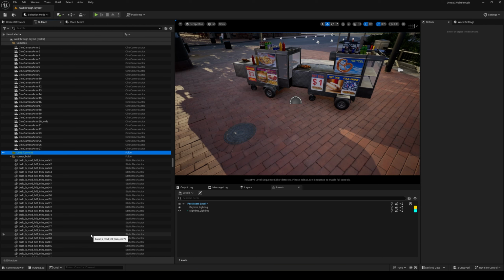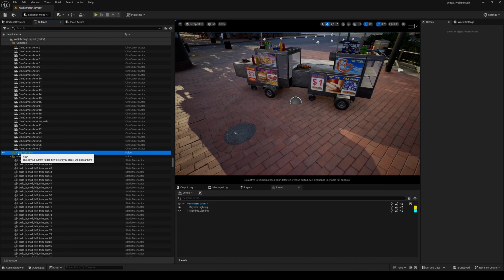So while one person is working on one part of a map, another person can be working on another one, and they're separate files, and you can load both of them at the same time and keep working. And if someone updates one of those files, you can get the latest version of it. Anyways, the most important thing to understand here is Unreal is designed for teamwork and for multiple people working on